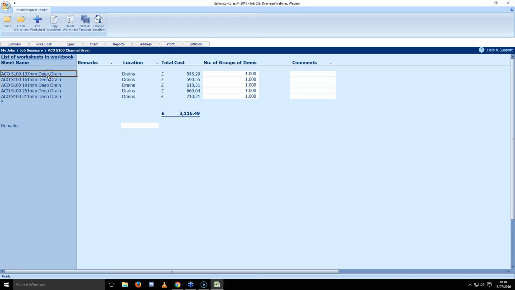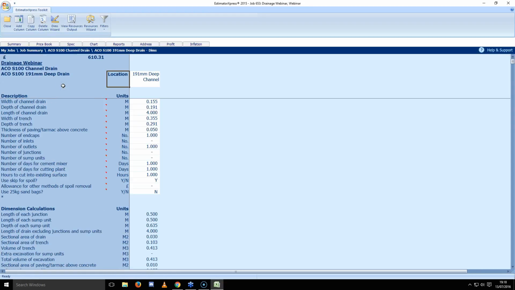Now the important factor here is that, once again, as mentioned with the materials, some, like the 137, while only providing a shallow drain, not all fittings are done by suppliers, but coming up to the 191mm deep drain, all the fittings are available by suppliers there. So we'll go into that S100 191mm,